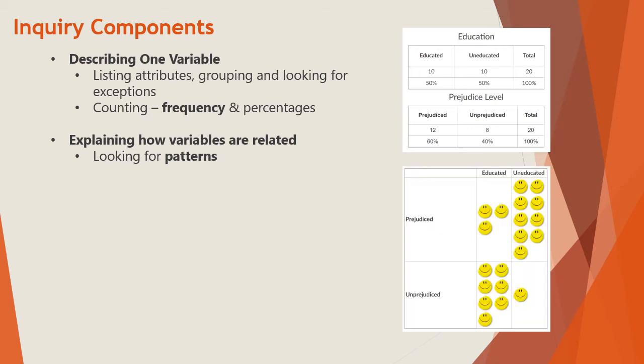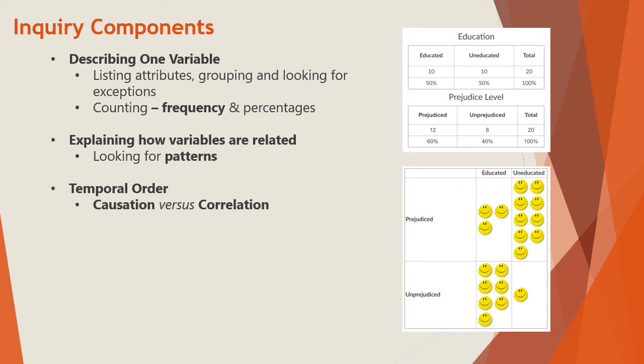And I really like the chart that they've used here. I believe this is called a Pareto chart, where you put a smiley for every answer. And one of the things that it does, you can establish a pattern really easily here. This shows that based upon this one tool, that perhaps, assuming it's a valid tool, a valid survey, it appears that uneducated people have a greater level of prejudice versus educated. Okay, so what you're doing here is you're looking for patterns.